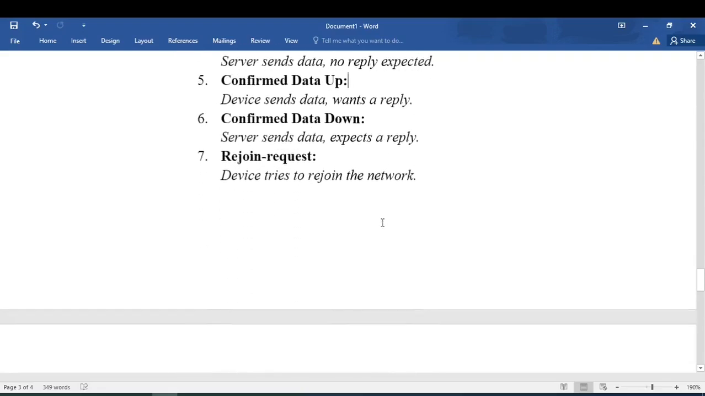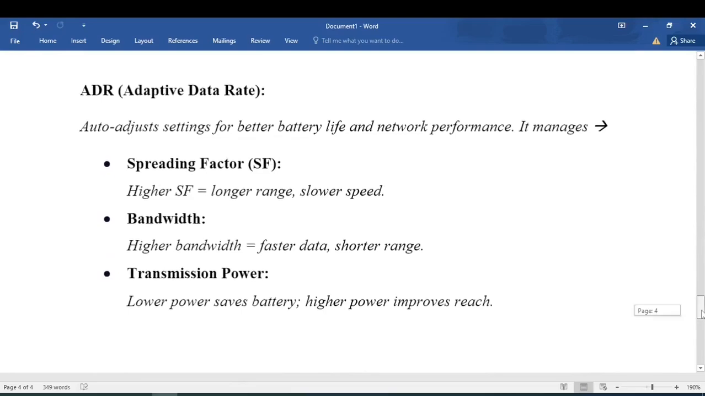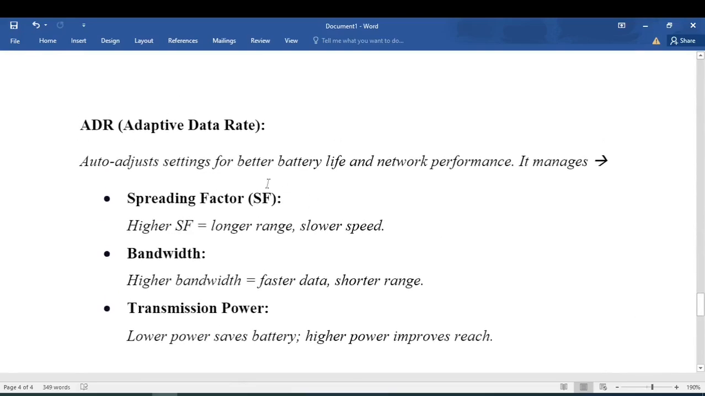Now we do have adaptive data rate, ADR. In LoRaWAN, adaptive data rate, ADR, is used to optimize network performance and battery life by adjusting how devices communicate. It automatically manages